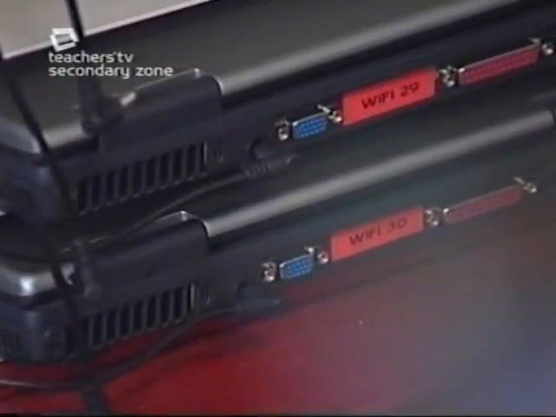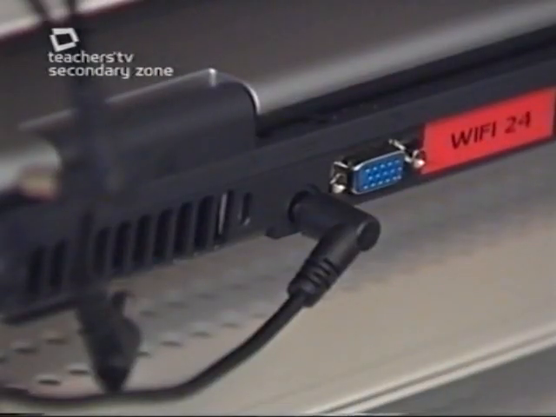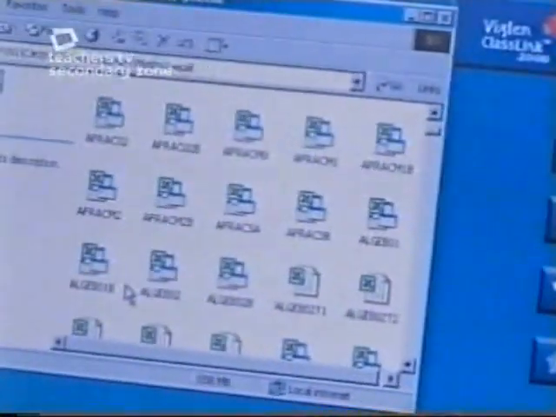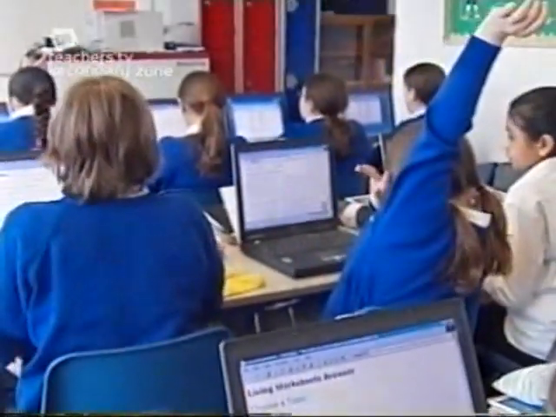There's 30 in the trolley, and at the end of each lesson they have to go back for recharging. But you'll see it's quite organised. The girls seem to take to it like ducks to water quite intuitively. We think they're quite good value for money, the laptops. We haven't done a proper evaluation. I think once they've been running maybe for 6 months, we'll take a sample of staff and do a proper evaluation, and also ask some children what they think about them.